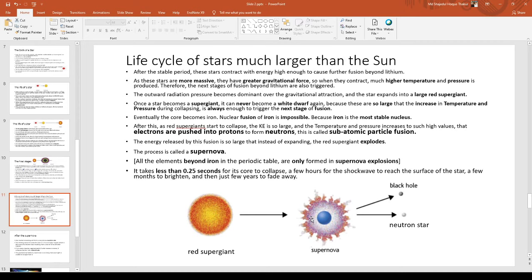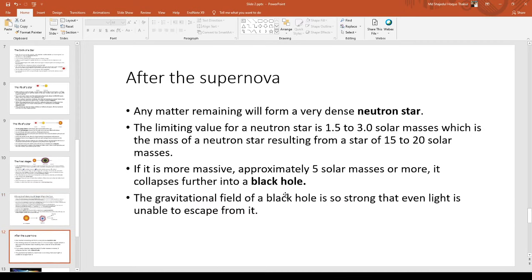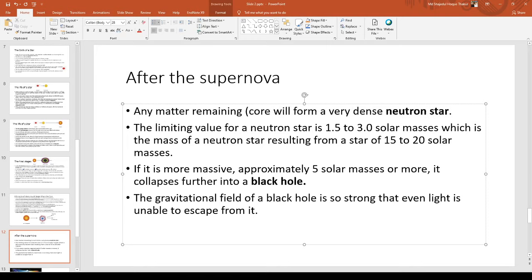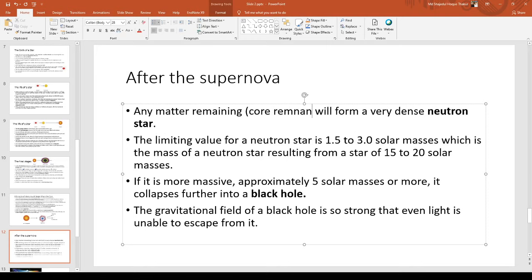This is called the core remnant. Any matter remaining is actually called the core remnant. Remnant as in remaining parts, so the remaining parts of the core will form a very dense neutron star. Okay,